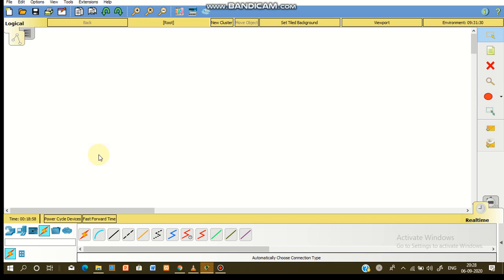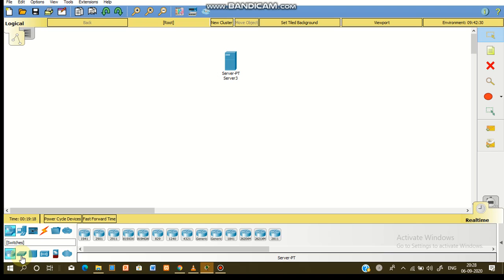We require three things: the server, the switch, and the end devices such as laptops or PCs. First, select the server: click on end devices, and here is the generic server, so click here and select it. Then again select the switches. We have switch requirements, so just click on network devices. Here we have many options, just click on switch, select this generic switch and put it out.